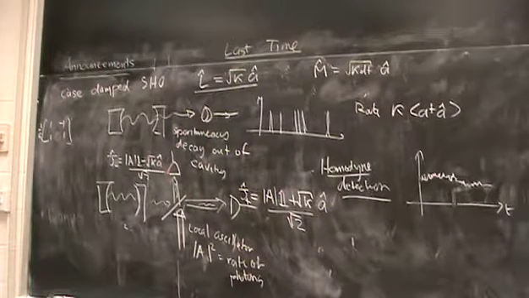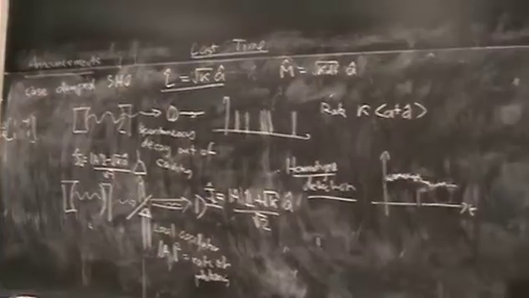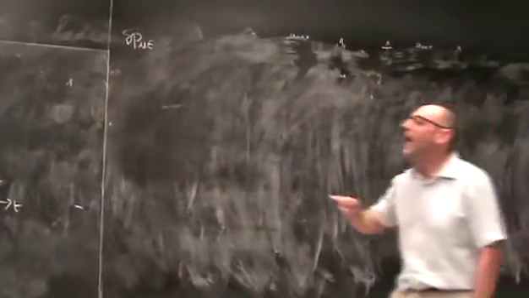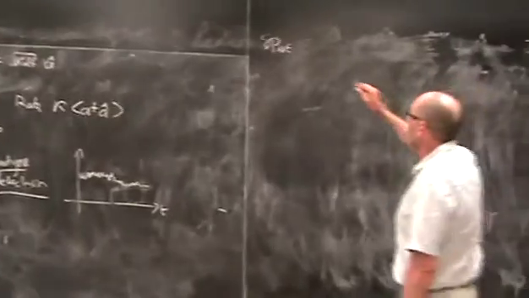And in fact, if we wanted to ask, what is the probability that I have a jump in one of these detectors? If you like, jump is the wrong word. I have a click in one of these detectors, right? Well, that's equal to